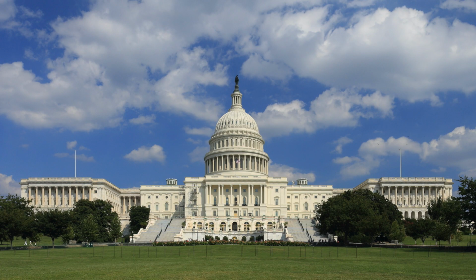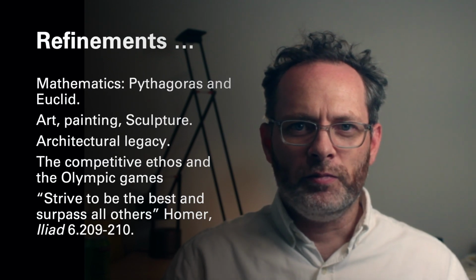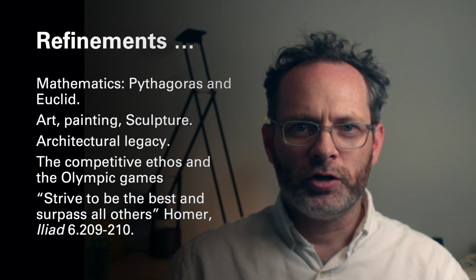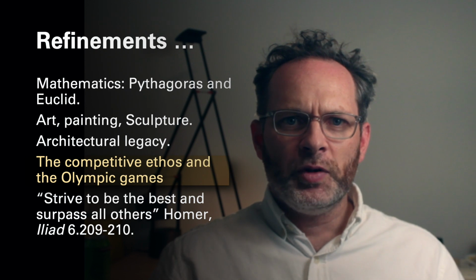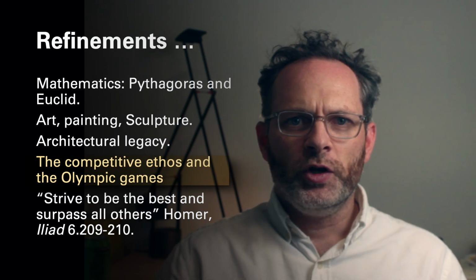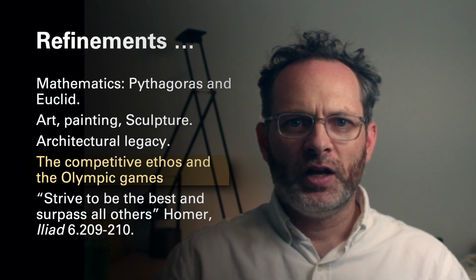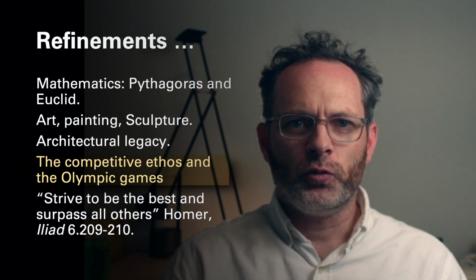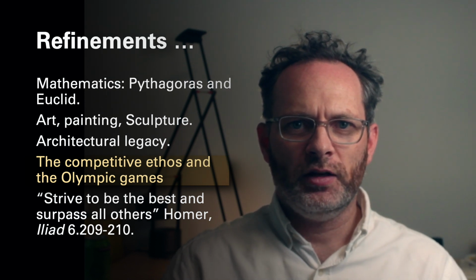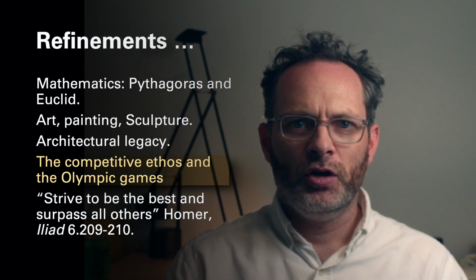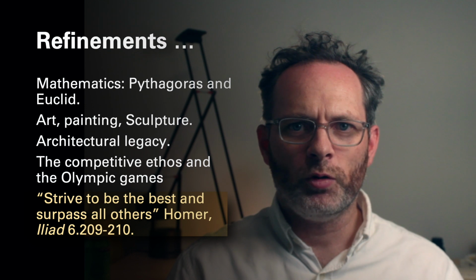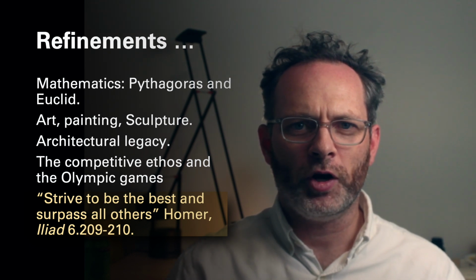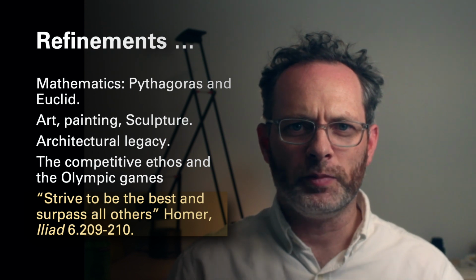Another somewhat obvious point about ancient Greece being a model for modern times is in athletic competition and the modern Olympic Games. The spirit of competition was central to Greek warfare and religion. And so it was also central to athletic competition when they came together to celebrate and to compete against each other. For example, Homer in his Iliad sums this up when his characters say that they, quote, strive to always be the best and surpass all others. This is one part of the Homeric code which infused all of Greek mentality.